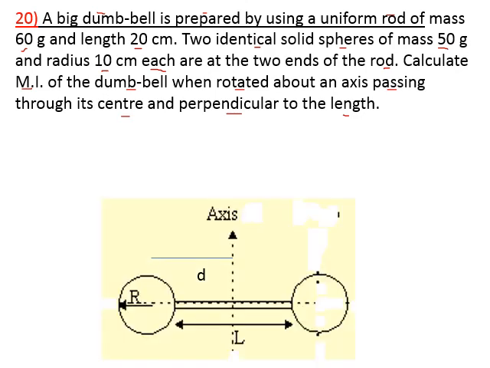Now see, again for understanding purpose, I will draw here a diagram. This is supposed to be a dumbbell. These are two spheres whose radius is r. Here also radius is r. L is the length of this rod.